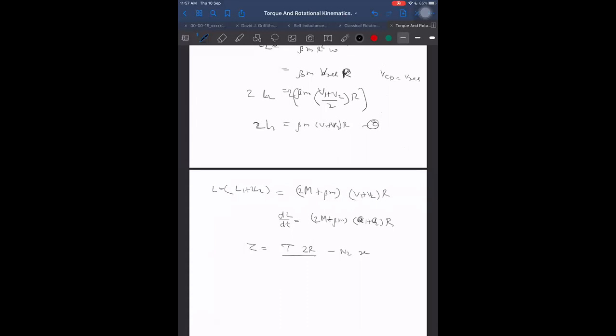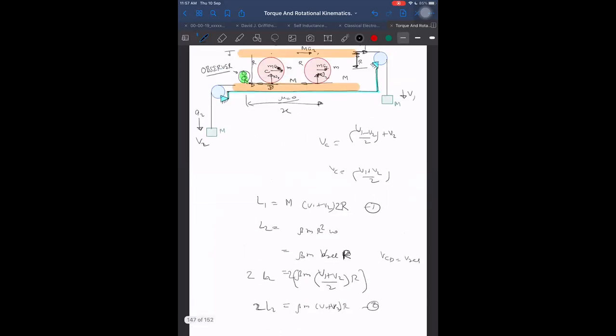x could be anything. One thing I don't understand: if x is arbitrary, distance from here, then I could have taken x small or big, but the angular momentum remains the same, rate of change of angular momentum remains the same. Then how can the torque change? Because net torque has to be equal to net rate of change of angular momentum. Then it should not depend on n2. Why does it not? Okay. Oh my god, now I understood. What a stupid thing I was doing so far. I was missing a very important piece here.